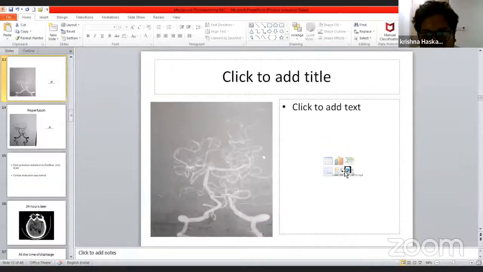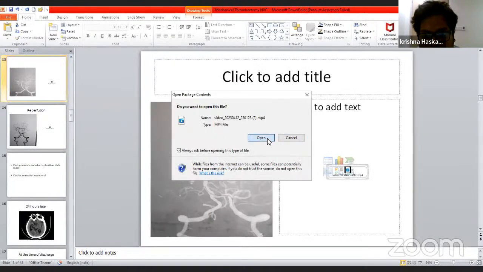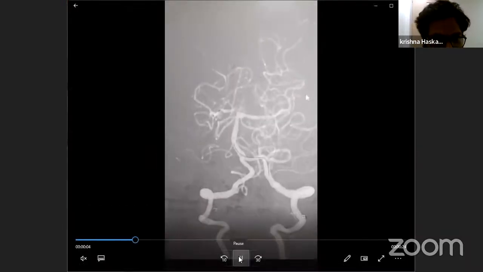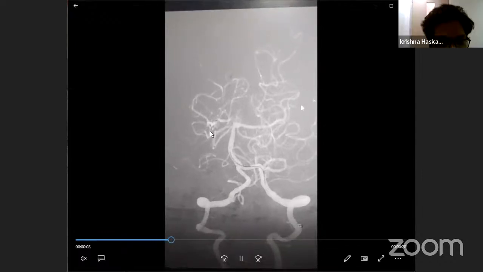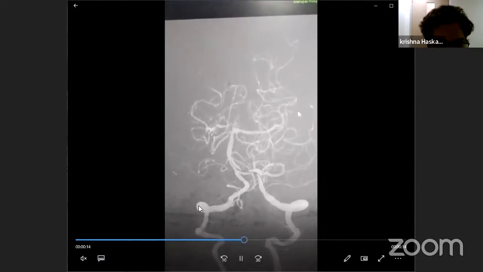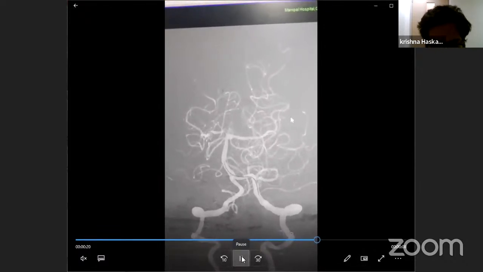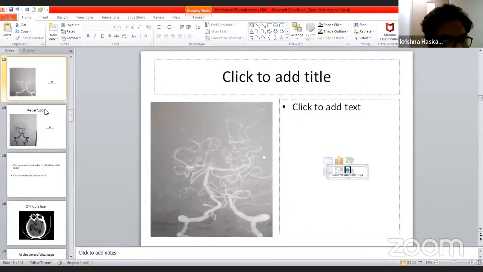Can you see the video here? Yes. So we kept our Catch Mini retriever in the P1 segment and started retrieving the clot. And with that, we achieved